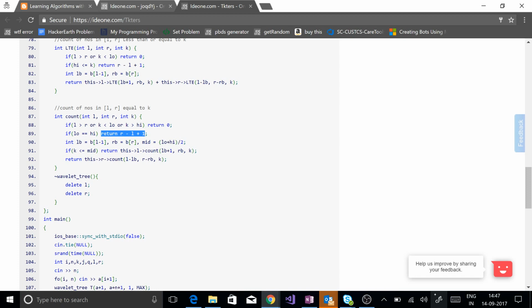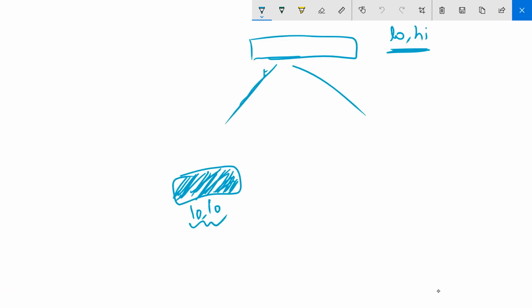Otherwise, if k is less than or equal to mid, we know that we have to just go to the left, and if k is greater than mid, we know that it would be present in the right-hand side. You are interested in the occurrences of k in this node. You know that all the entries from low to mid are here, and from mid plus 1 to high are here.